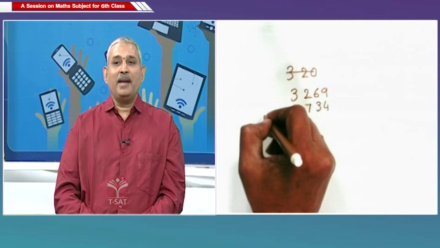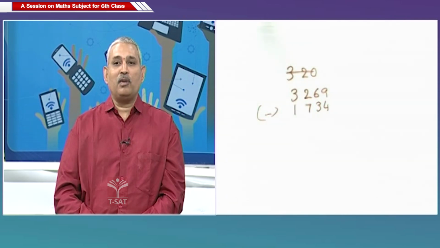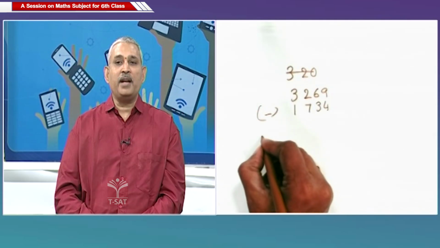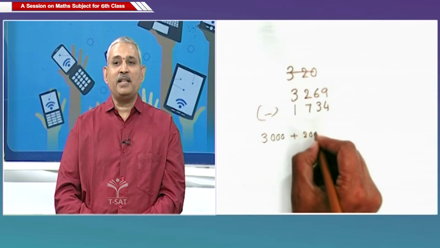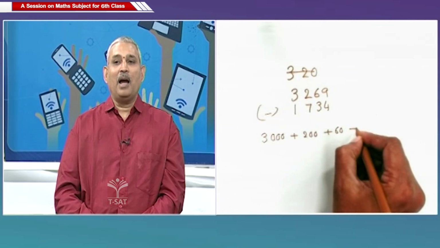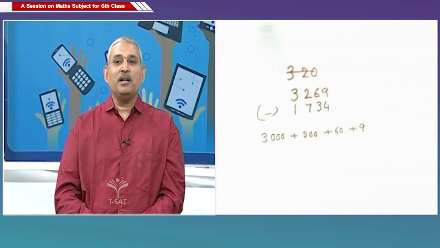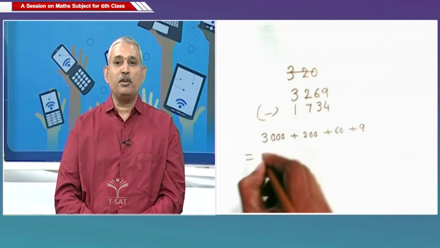Now here you think in terms of things. 3269 means 3000 plus 200 plus 60 plus 9. Or further we can understand it like 3 into 1000, 3000 rupee notes are there,